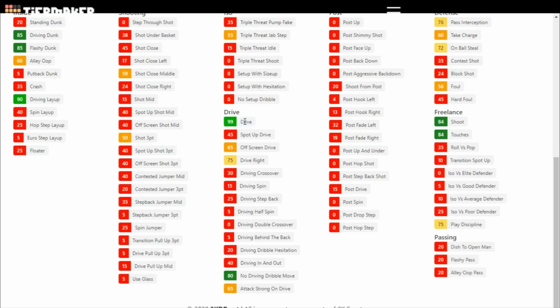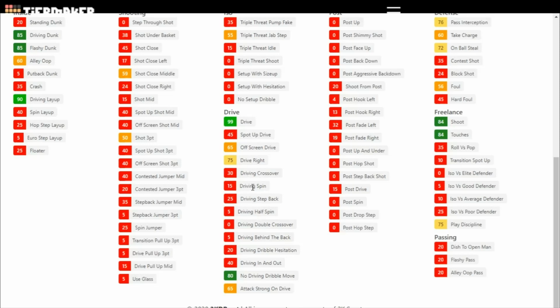Driving tendency is pretty big. That just means how often are you going to drive, how often are you going to pull up. So like Richie Guerin, for instance, he'll take off from a lot farther than some other guys will. You'll notice when you play guys like LeBron or Giannis, in areas where normally people would hit pull-up jump shots, they take off and drive straight at the rim. That has a lot to do with their drive tendency. Off-screen and spot-up drives, none of that really matters. Drive right just means how often he's going to attack right versus left. Doesn't really do anything. I mean, that's more user-controlled stuff anyway.